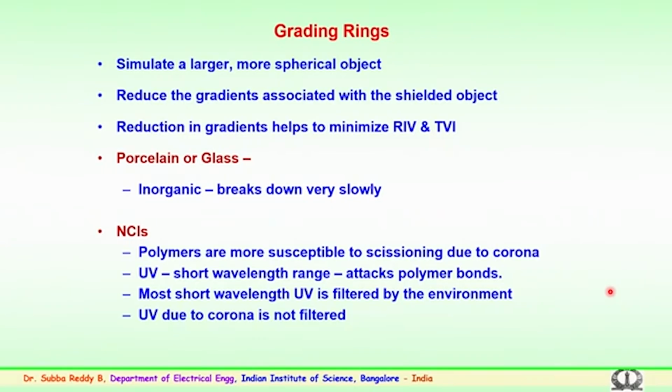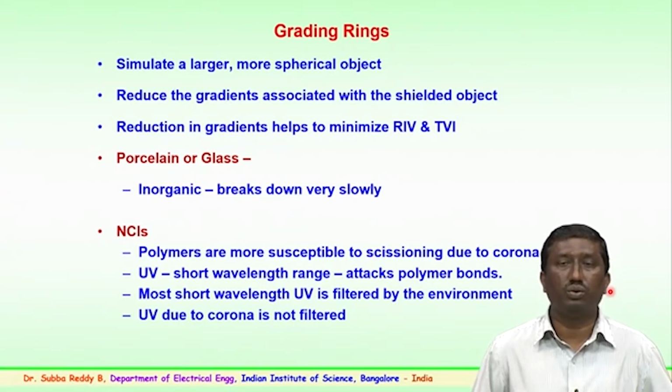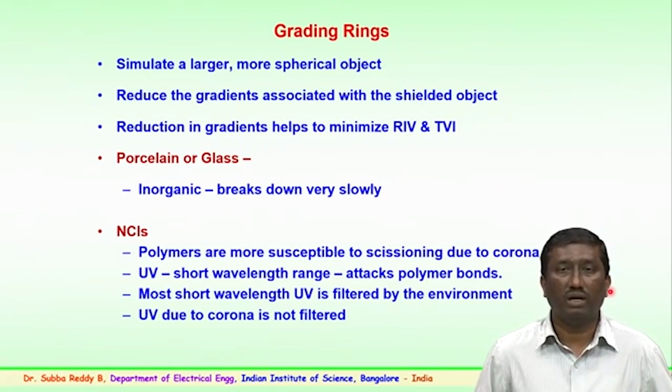So reduction in gradients helps to minimize the RIV and TVI. RIV is the radio interference voltage and TVI is the television interference. We will be discussing the radio interference voltage and TVI in future when we come to the importance of these parameters. The gradients, if not reduced, can lead to discharges from the hardware and corona control or grading rings, and these discharges, which are impulsive in nature, will communicate through the conductors and to the neighboring